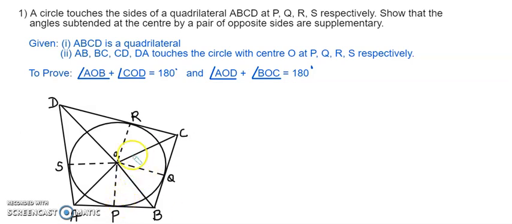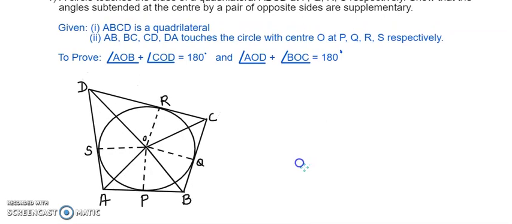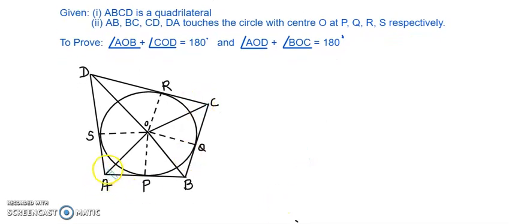What does that mean? We have to first mark out the external points through which the tangents are being formed. The first points are A, B, C, D. We have already studied in theorem number 3 that the angles subtended by the tangents at the center are equal. Let's label these angles 1, 2, 3, 4, 5, 6, 7, 8. We can use the same theorem and say that 1 and 2 are equal, 3 and 4 are equal, 5 and 6 are equal, 7 and 8 are equal.